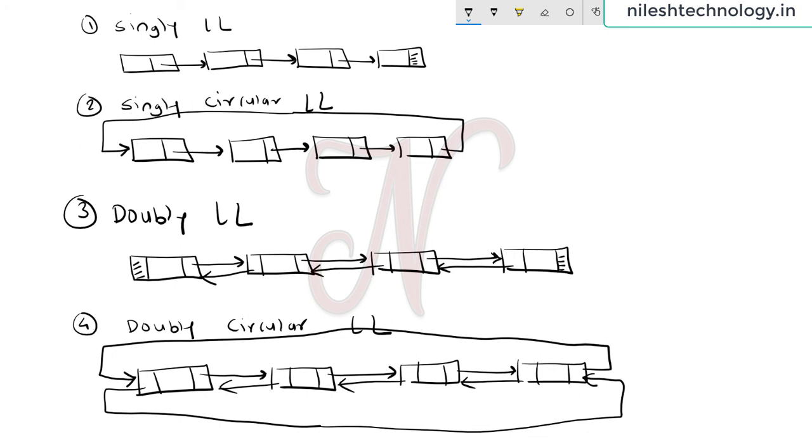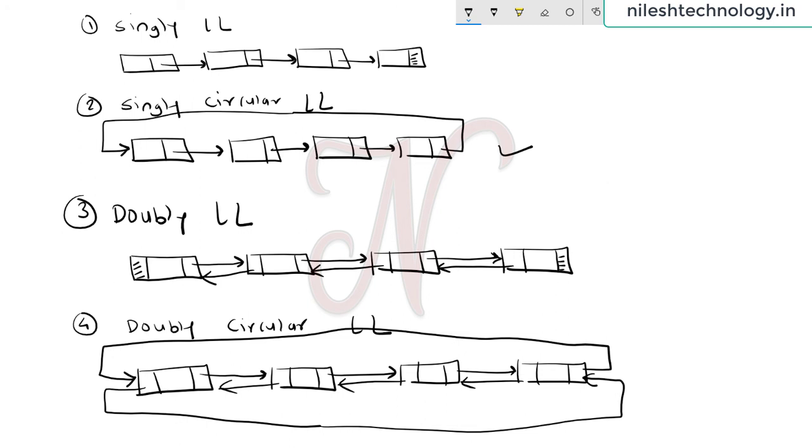See here, in singly circular, on the last item they store the address of the first item. Similarly here, the last item stores the address of the first, and the first item's previous address stores the last item's address. This way they make a circle. We will see them one by one in upcoming lectures.